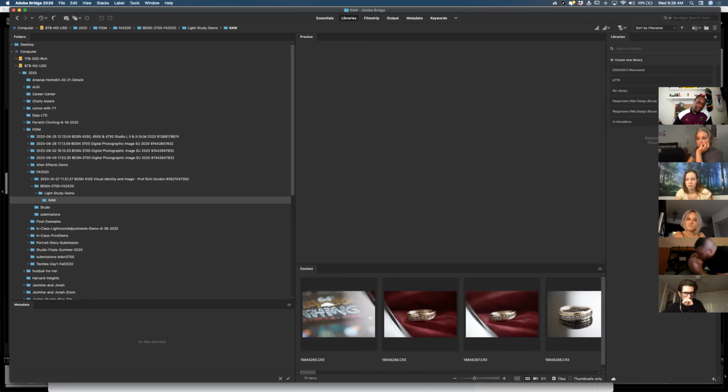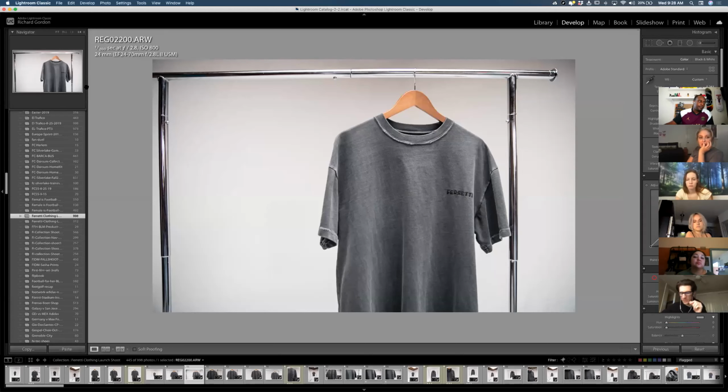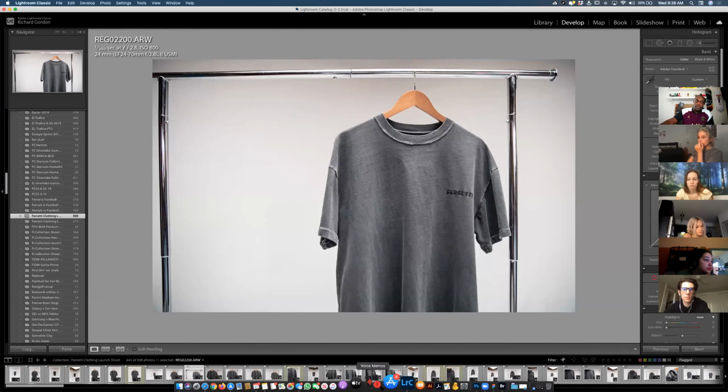Cool. You have them in the appropriate folder. Now what we want to do is go to Lightroom. This is the time that we go to Lightroom, okay? So just to check, you want to make sure that you have Lightroom Classic. It's important. The other Lightroom is a different Lightroom. The icon looks like LRC, Lightroom Classic. If it just has LR, that's a different program and you need to download Lightroom Classic. Okay, so